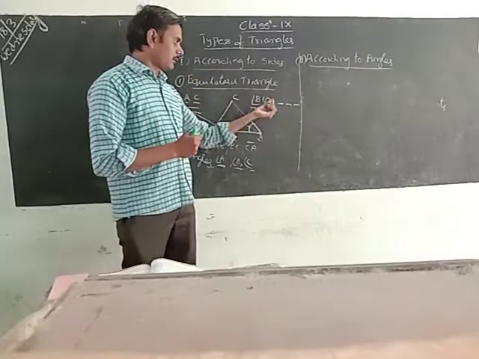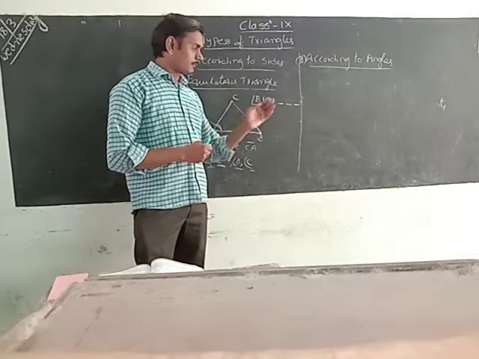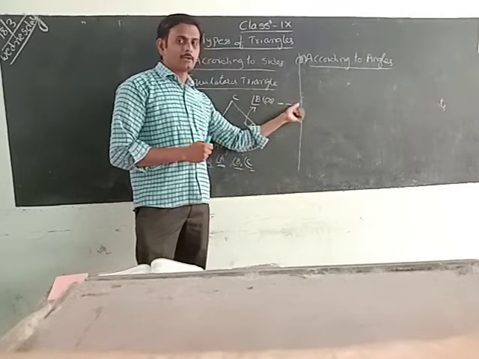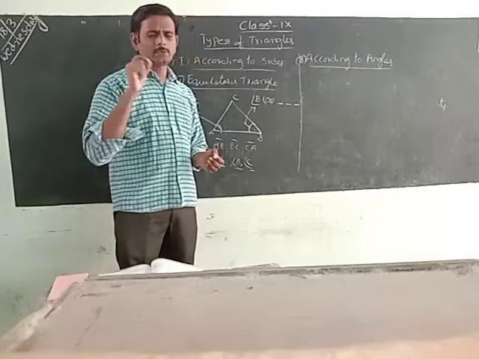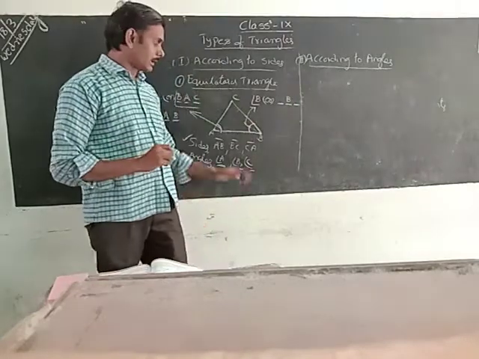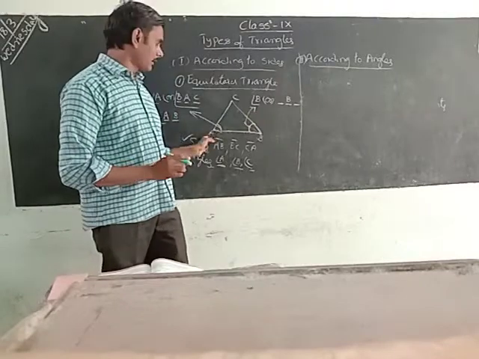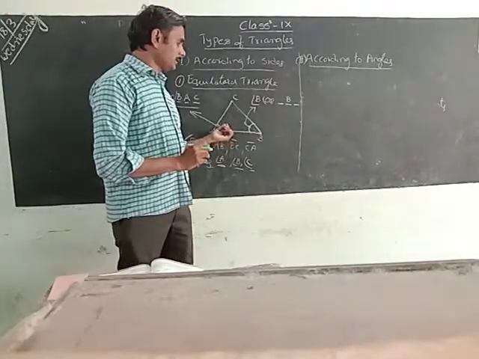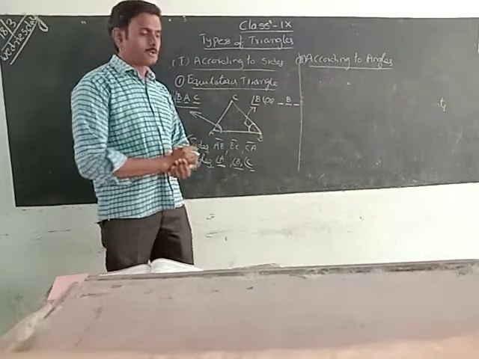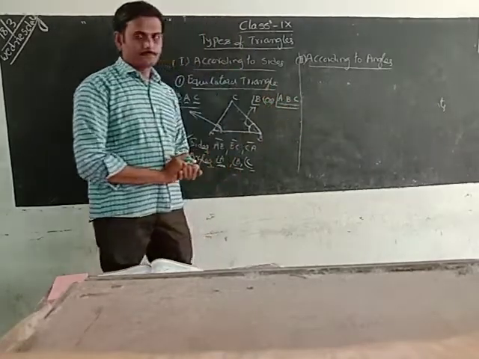What is the vertex here? B. Does B lie at first, second or third? Second. Always the vertex should be in the middle. In A, B, C, I have written B here. Which letters are remaining? A, C. That means A, C fill the first and the third box. You can write angle A, B, C. Write the angle symbol.